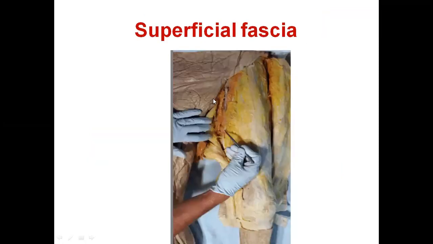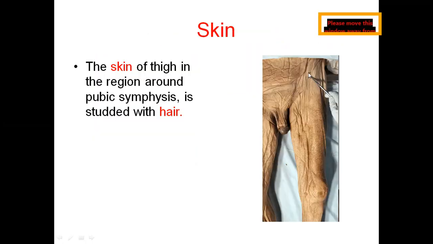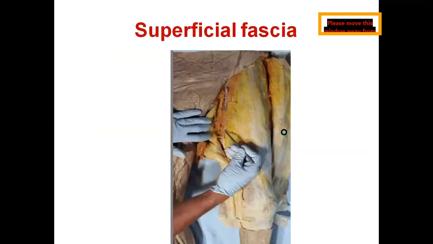First, see, we have given an incision almost coming from the anterior superior iliac spine to the pubic symphysis. You gave one midline incision as well, something like this. This incision went like this, and this incision went like this, and we have reflected the skin like two flaps, right side one, left side one. Just below the skin, a lot of fat is seen, which is one of the components of superficial fascia.